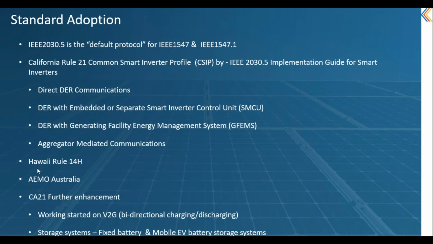Apart from California, Hawaii has also adopted the standard through Rule 14H. AEMO in Australia is also adopting the standard. And there are a few enhancements to California Rule 21 using 2030.5, working on